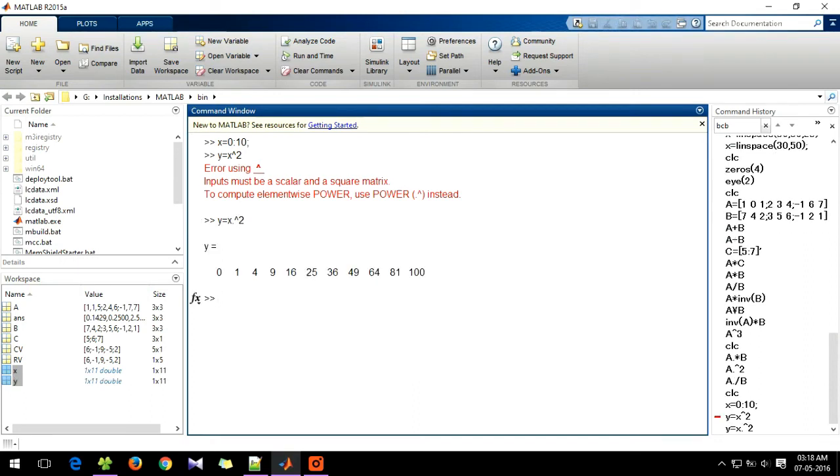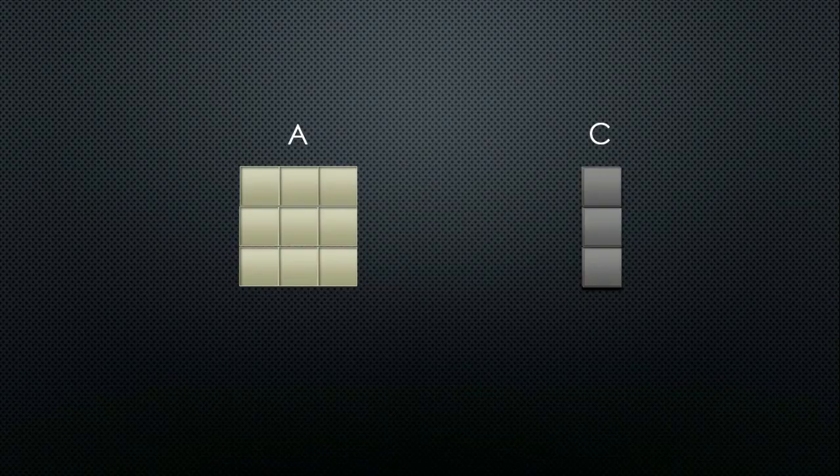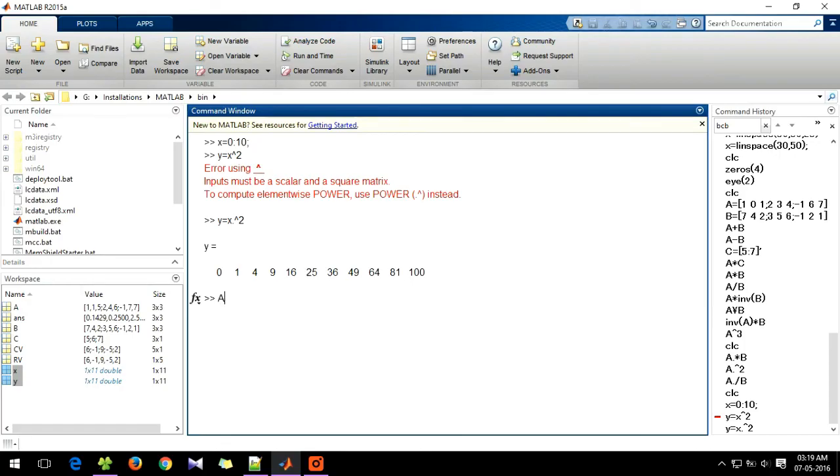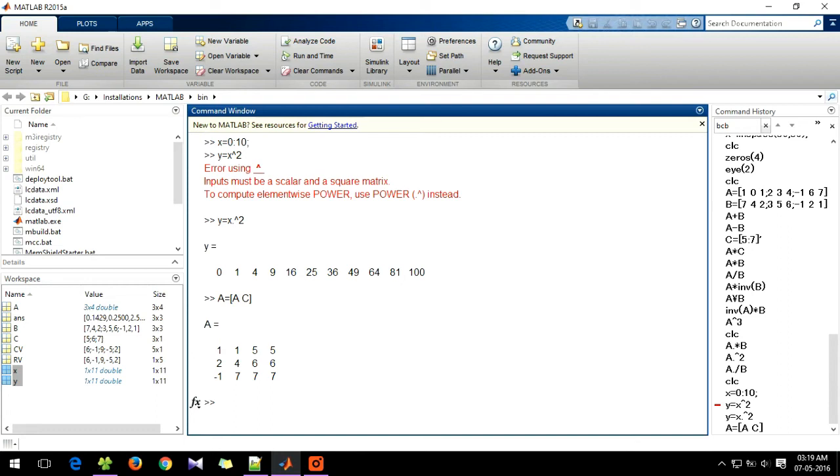We can add or delete rows and columns from a matrix. Suppose we want to add the column vector C at the end of A. So we'll type A equals square bracket, A, space, because space separates two columns, then C, the new column, ending square bracket.